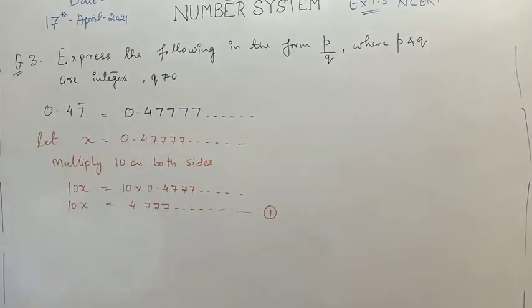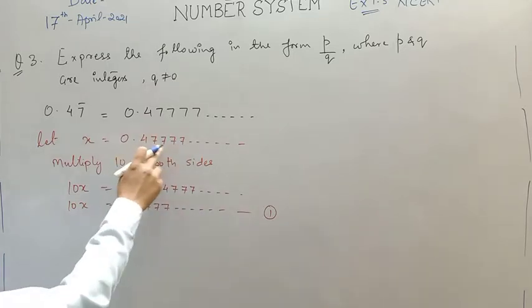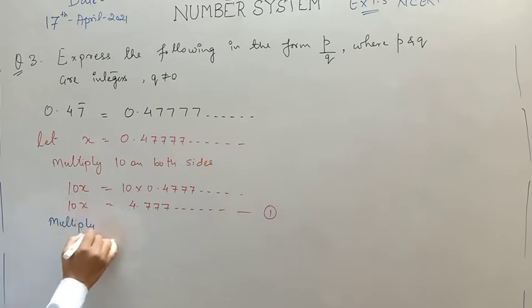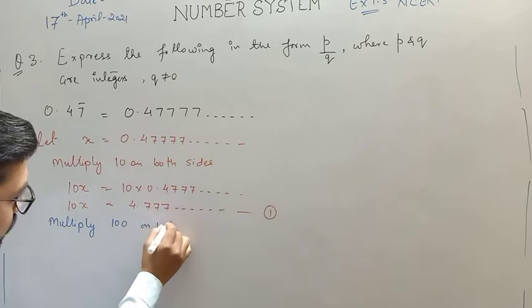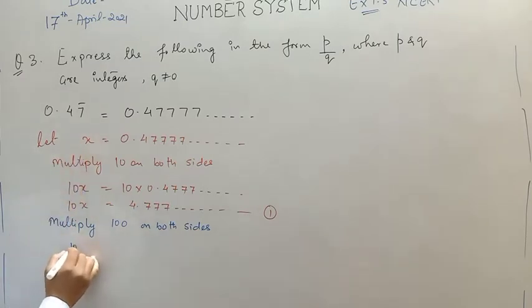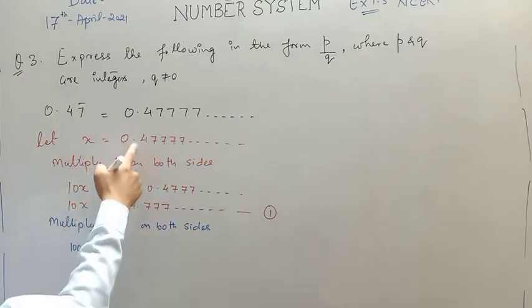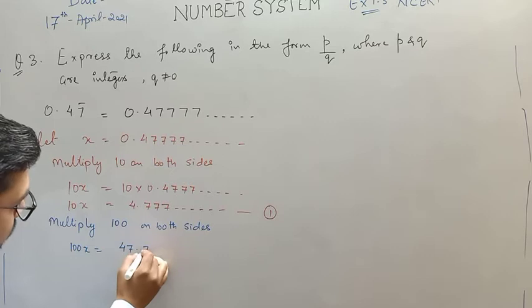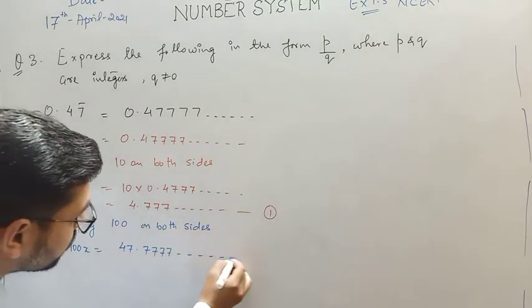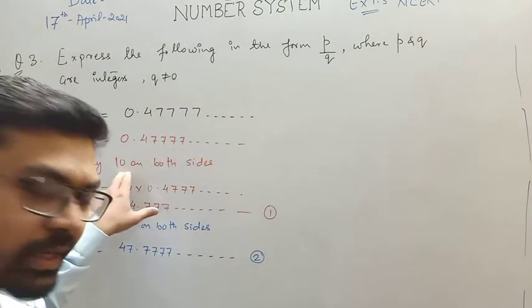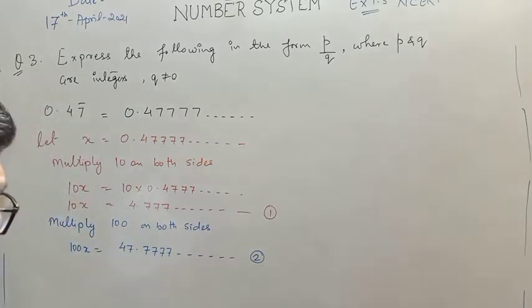Now the next case, because you have 4.777 but here 0.477. Now in the next case, what you need to do is multiply 100 on both sides. So 100x is equals to this decimal shifted two places to the right side. So 47.777. Okay, here I just multiplied 10, here I multiply 100. Why I'm doing so? So that I get